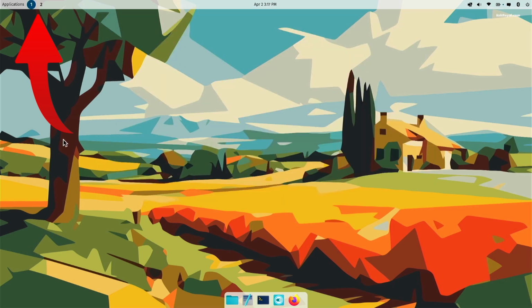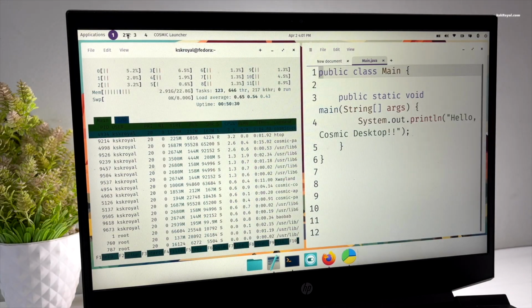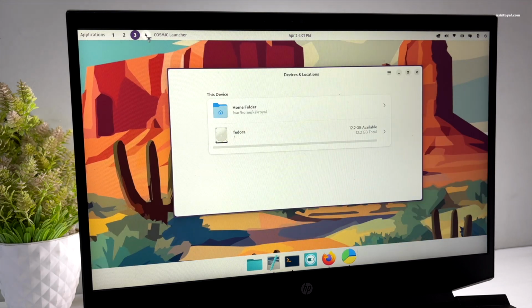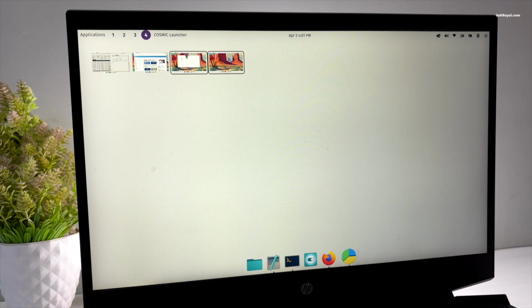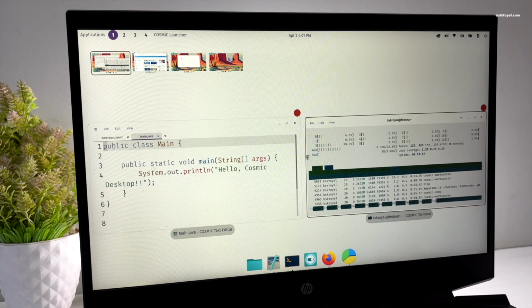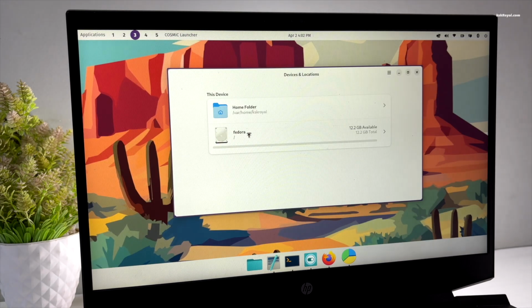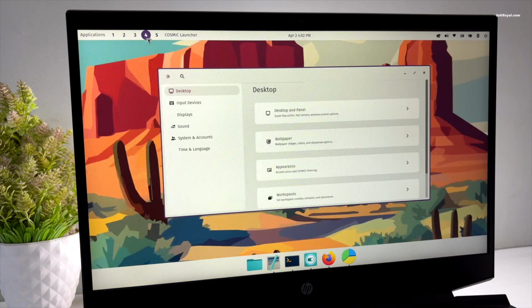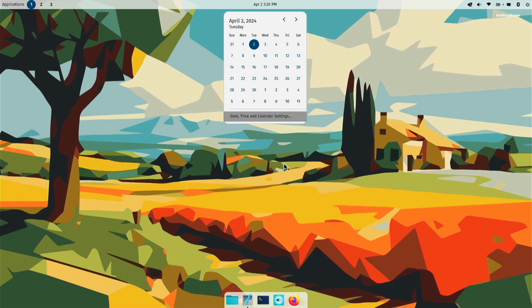Next to the Applications menu, you will find a Workspace switcher. Using this, you can quickly jump between the workspaces. To preview the workspaces, click on Applications and select Workspaces. This brings up the Workspace Overview page, displaying a vertical representation of all workspaces and their corresponding applications. In the center of the panel, you will find a date and time applet.